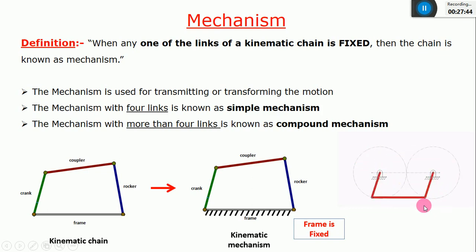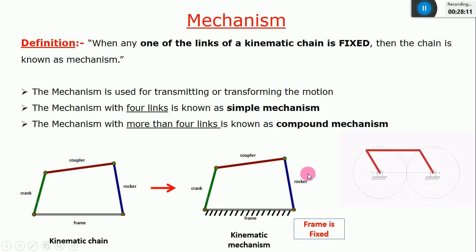Okay, all the 4 fans are fixed to a common roof, correct? Common slab, you can say. The slab is only one. Okay, they are not separate. The fan may be 4, but the roof is only one. So always the frames, they may be multiple, but we'll consider as only one link. The fixed one is only one link. Generally, it will be shown as like this frame. Okay, it may be fixed at certain part.